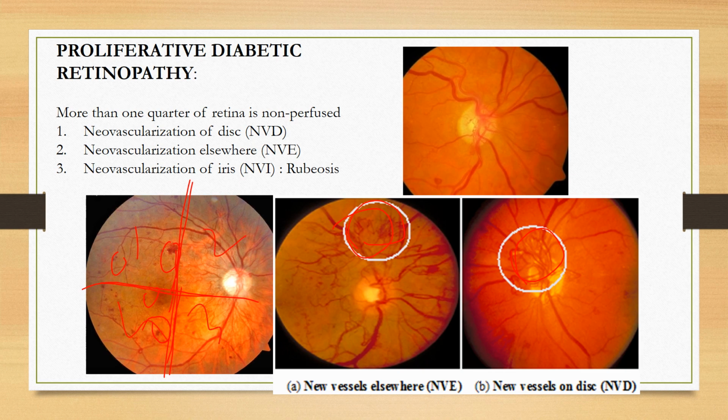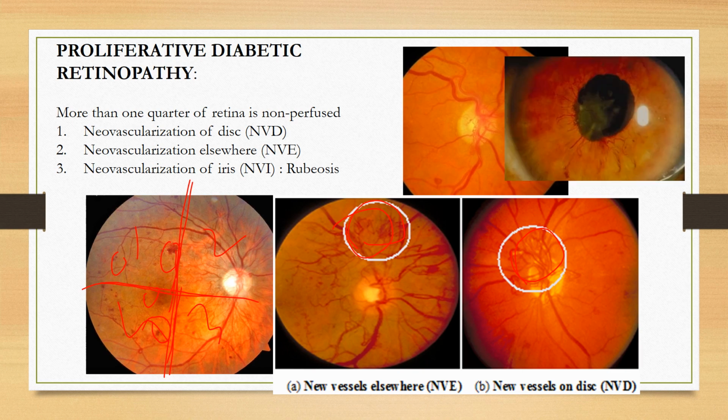If there is neovascularization in more than one quadrant, then it is proliferative diabetic retinopathy. So here, as I said before, this is neovascularization in the iris, which we name as rubeosis. Fine.